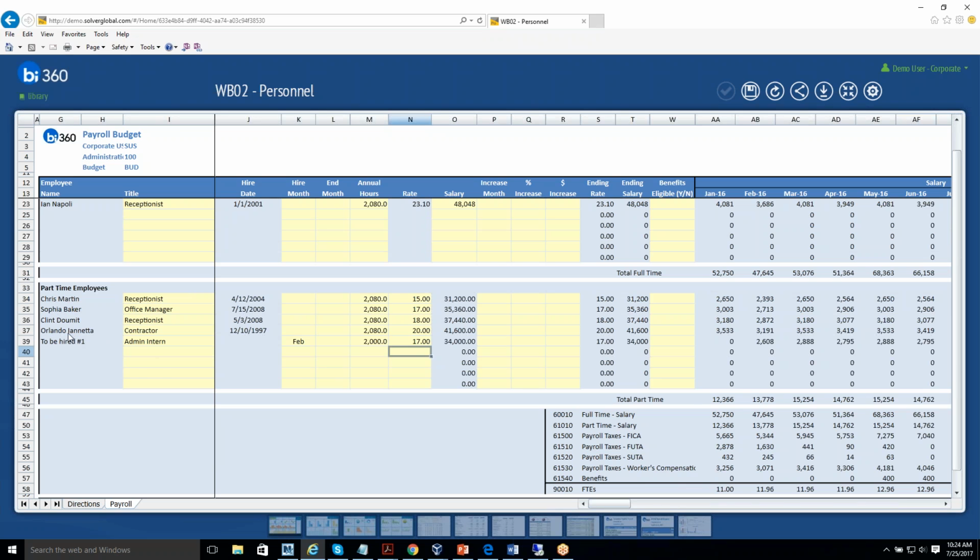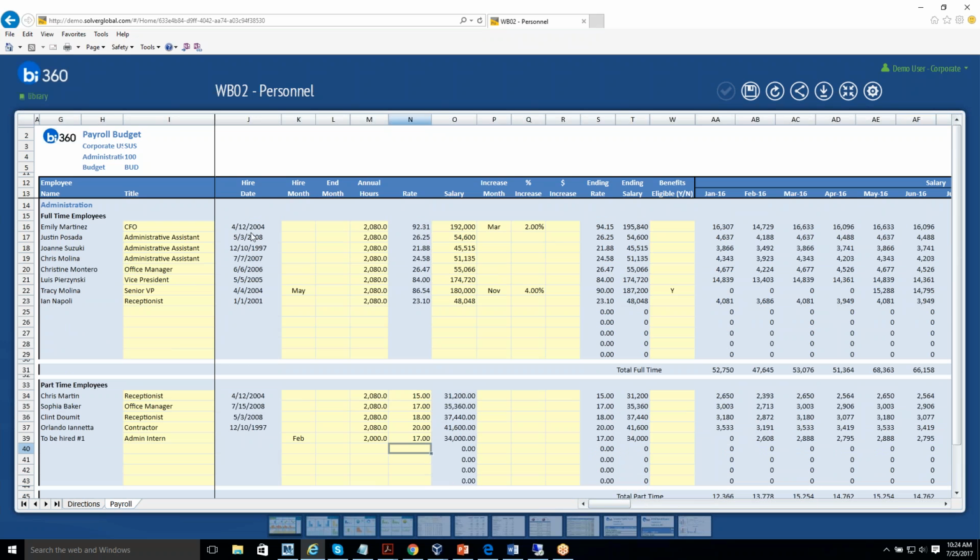Now, by the way, where is it pulling the full-time, part-time employees, the hire dates, the rates, and all that? That's coming from your payroll system. So that data doesn't have to live in GP. Like I showed in the architecture, we have a warehouse that you can pull all that data in for one unified vision here. Okay. Great, input what's in yellow, and now if I scroll over here, right, and look at